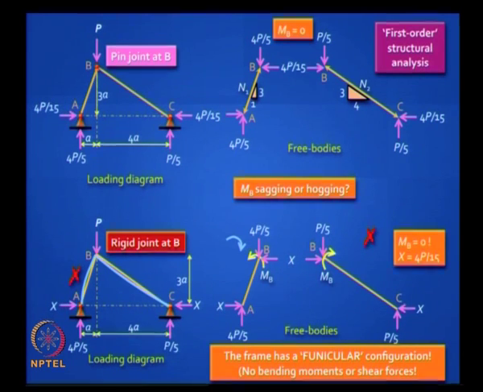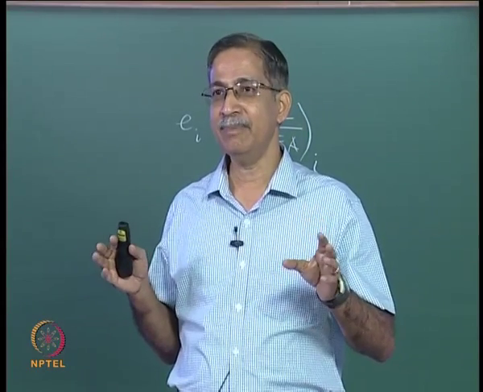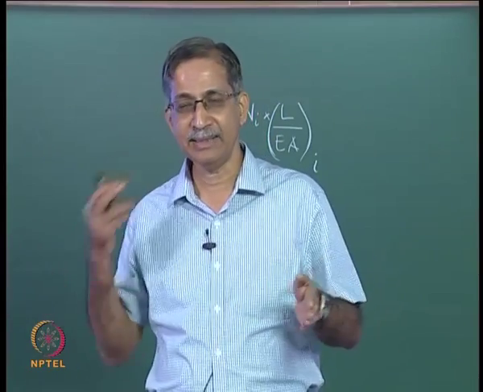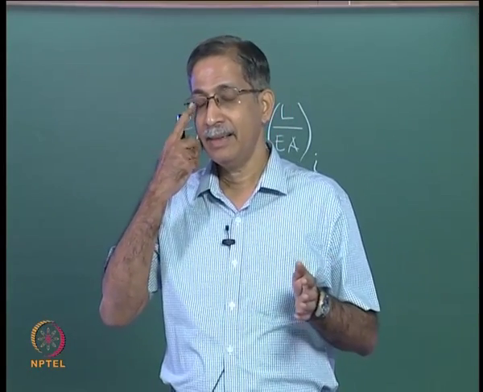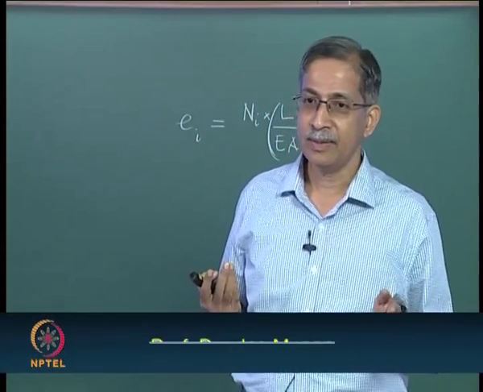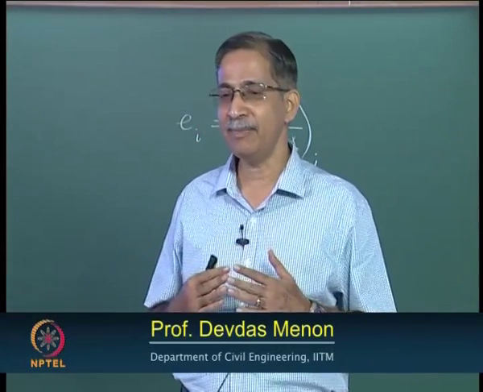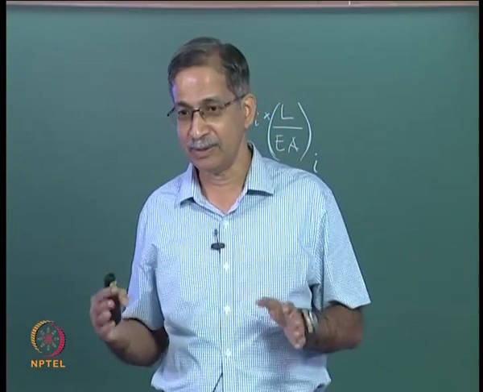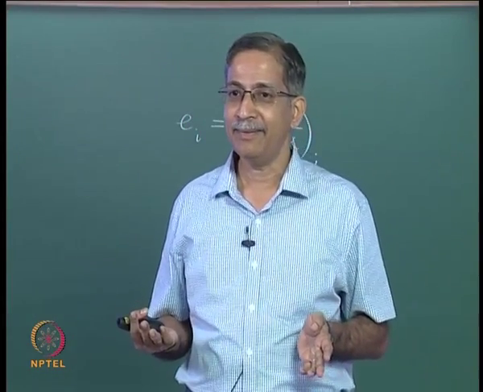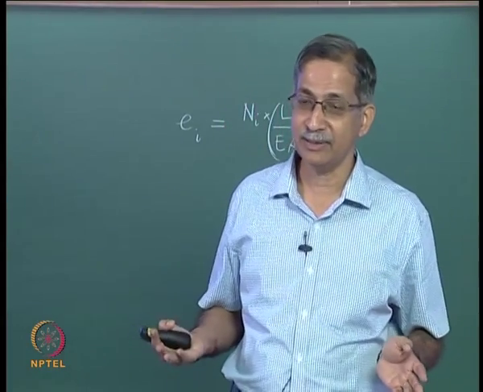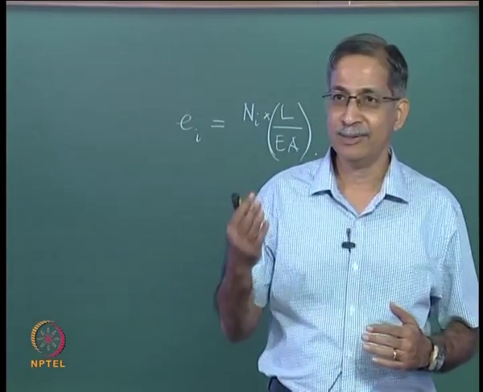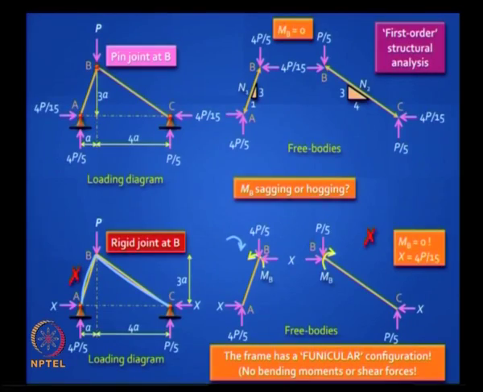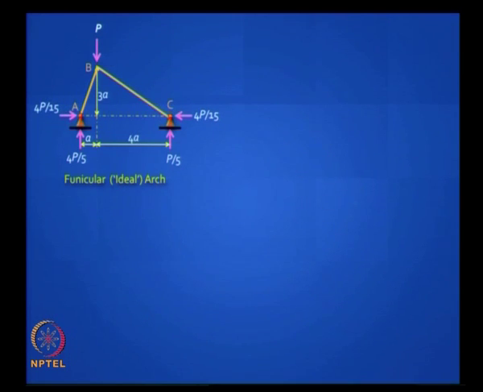Perfect. If you were to assume that there is a beam spanning across the supports A and C, a simply supported beam, and if you were to draw a bending moment diagram, and if the shape of the frame that you erect between those supports resembles to some scale that bending moment diagram, then you will get only axial forces in that structure. That is called the funicular configuration. So often we miss this out, because once you recognize the configuration funicular, it is ideal. The word funicular comes from the word funicle, which means a string, and that is the ideal shape. So you will find that this shape is funicular.